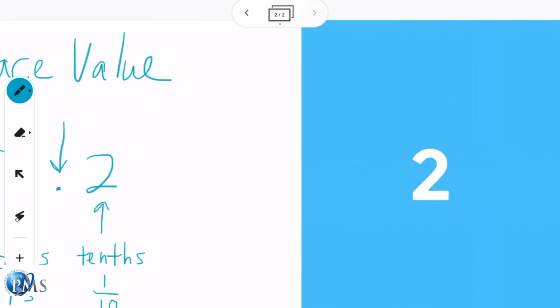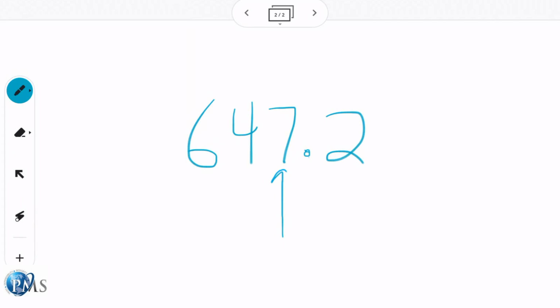And let me go to a new page, but let's write the number again. 647.2. All right, so we said this number 7 is the number of ones. That's actually what it means. The number here 4 represents the number of tens. And so if you look at a number like this,